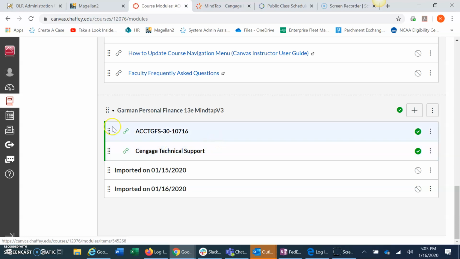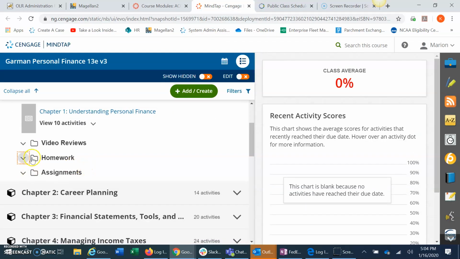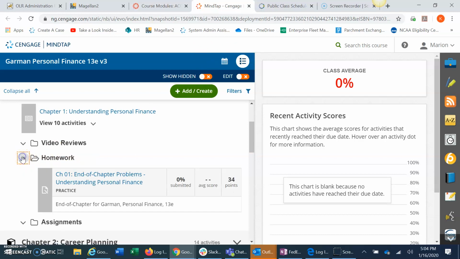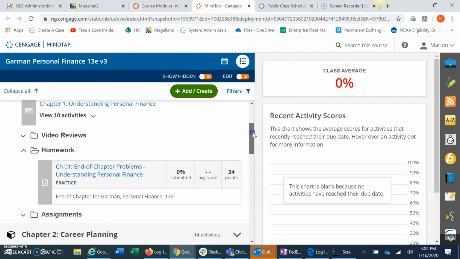So the assignments that you had within that one were all end of chapter assignments, and there is no grade on those. If you look here, when I clicked into MindTap through your portal, the end of chapter assignments are just practice. So there's not going to be a gradebook column within Canvas for those. So I ended up eliminating all of those from each course because it was only in one course. I can put them back, but it doesn't make sense to just have that one activity unless you're just going to have them there